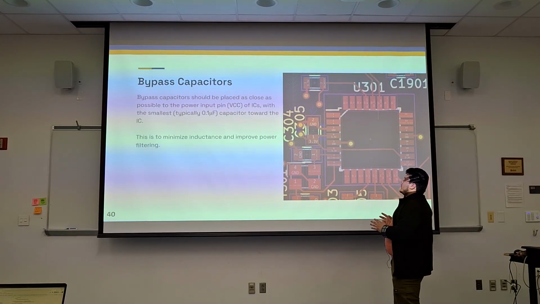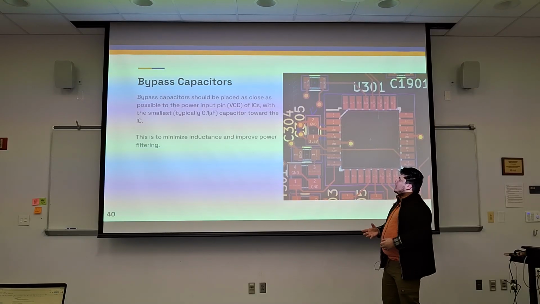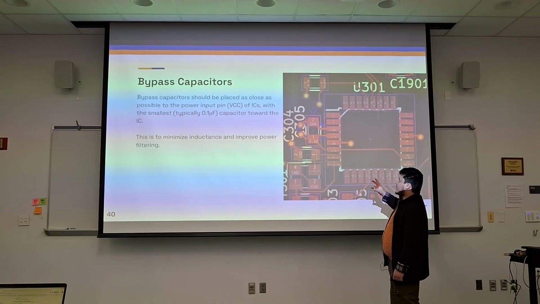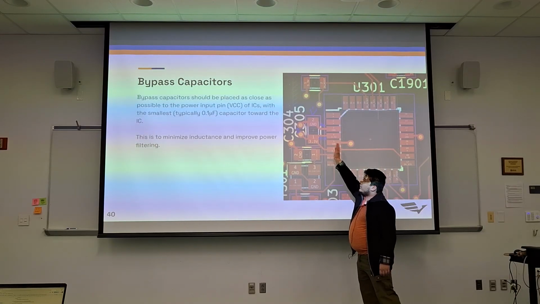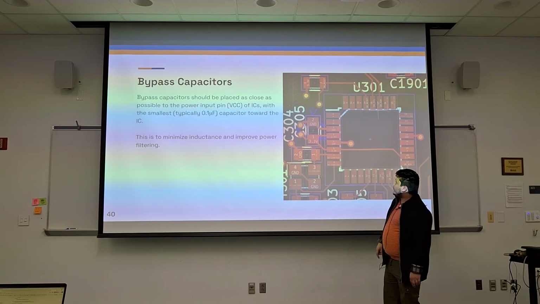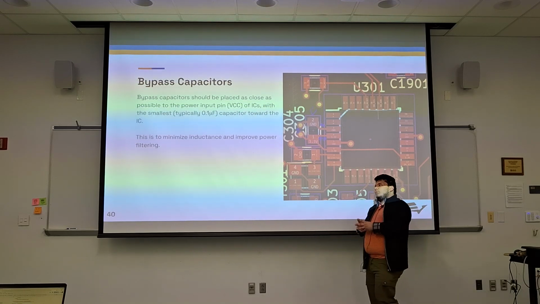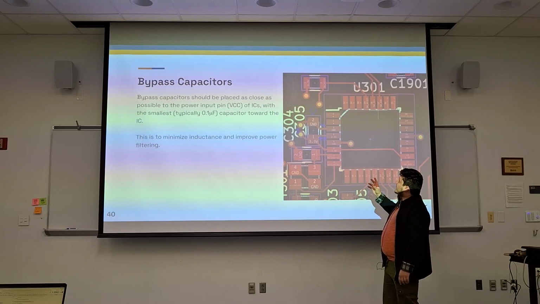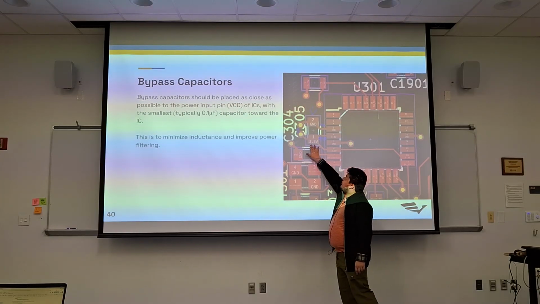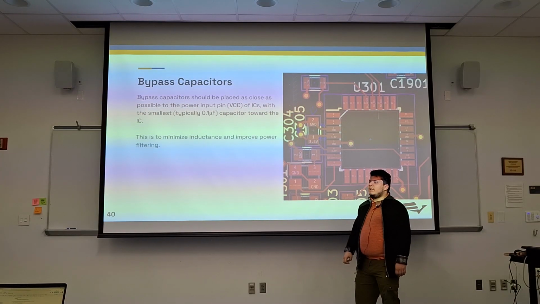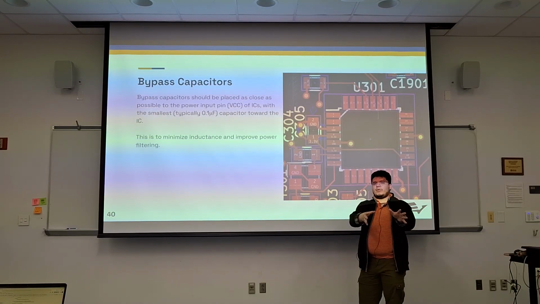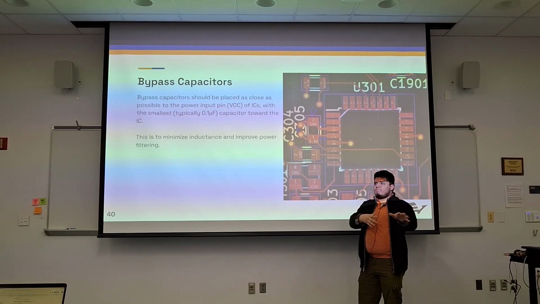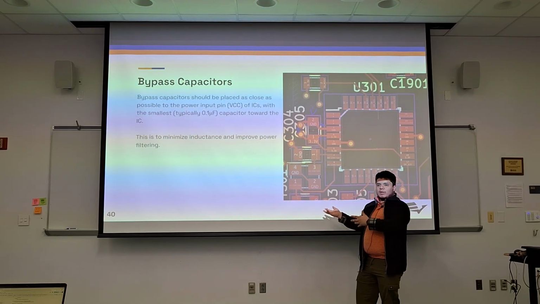And so if you have many capacitors, you want the smallest, which is usually the 0.1 microfarad capacitor, to be the closest to the pin. Then you can have all the other capacitors spread around. And you always want to do this with the schematic, because all the bypass capacitors are always going to have 3.3 and ground as their nets. And so if you just place everything that is 3.3 and ground, you're going to group all the bypass capacitors,